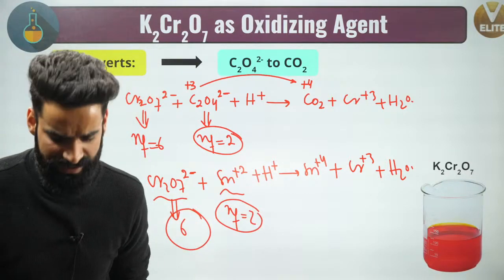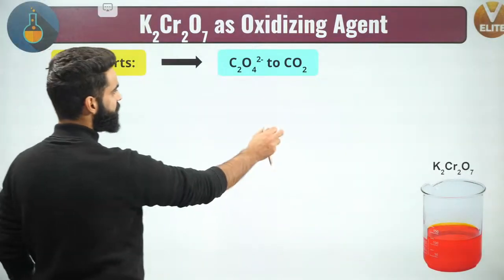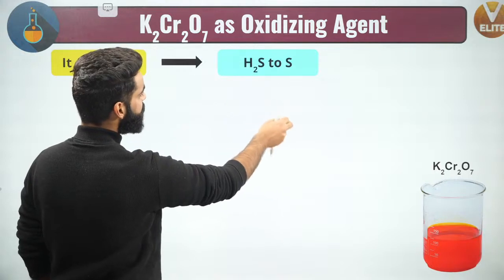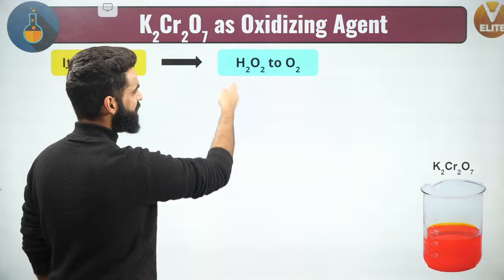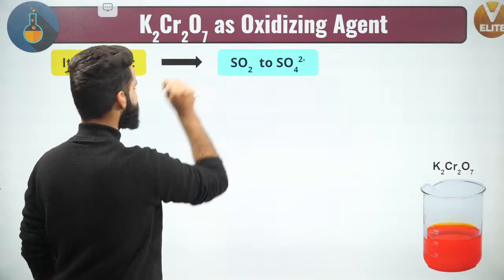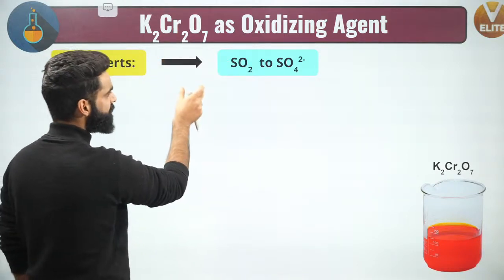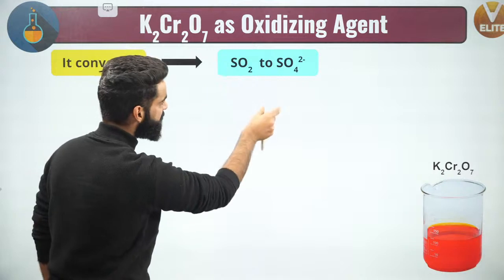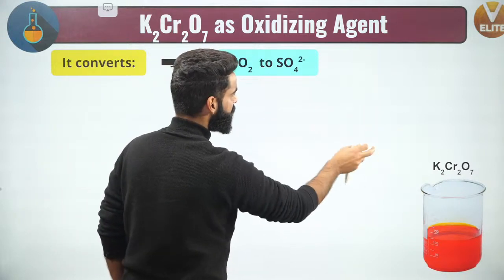Let me know if it's clear to everyone, so that I can move on to a few more interesting things right here. This reaction we have written. This reaction you can easily write, the same reaction which KMnO4 showed. Even this reaction we wrote in the beginning. This reaction you can also write. What is the reaction going to be? Reaction is going to be simply Cr2O7 2- plus SO2 plus H+ gives SO4 2- plus Cr3+ plus water. The reaction is done.